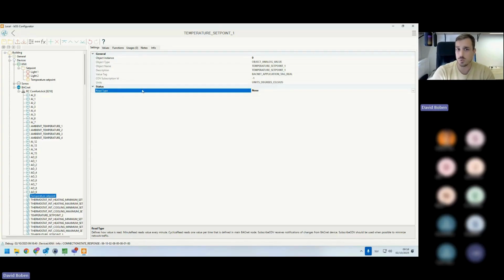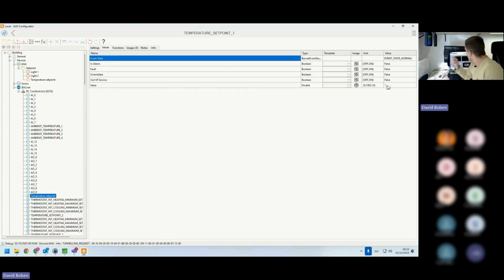And there are a couple of different ways we can do this, or different options. The first is going to be the subscribe COV. So subscribe COV is going to be subscribing to this specific address, and then all changes that are happening on the device are all going to be automatically sent to bOS. So if I go to values, I see 21 degrees. Hopefully it's going to be working now as it should. And if I go set point,